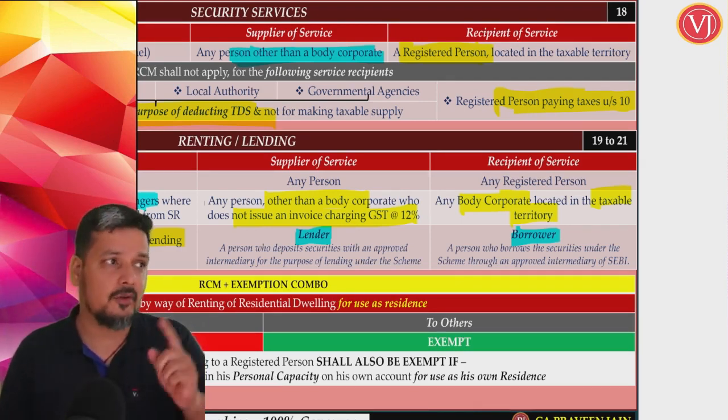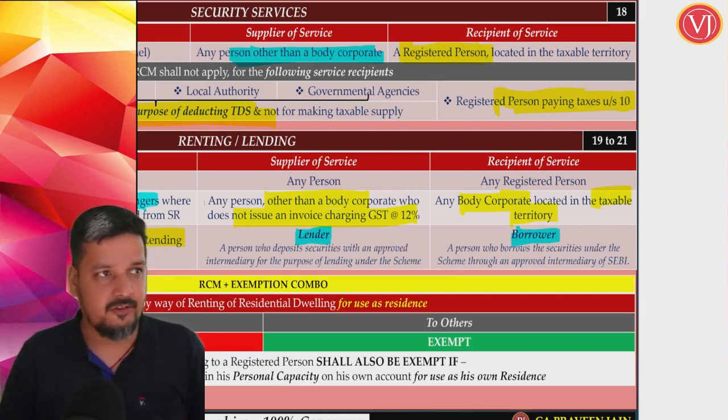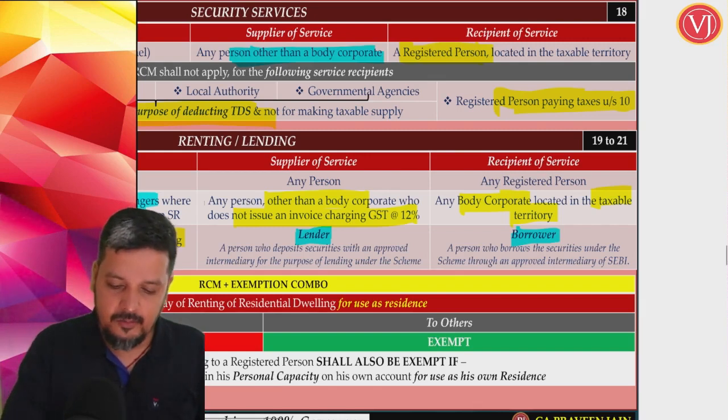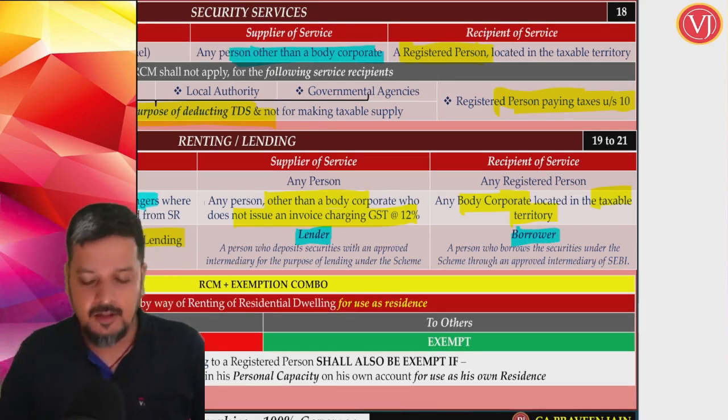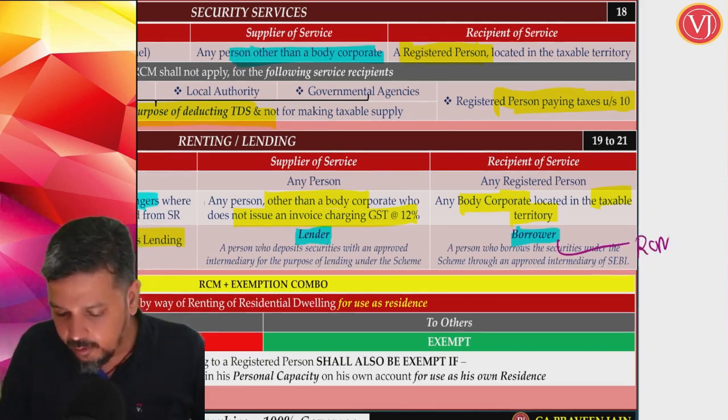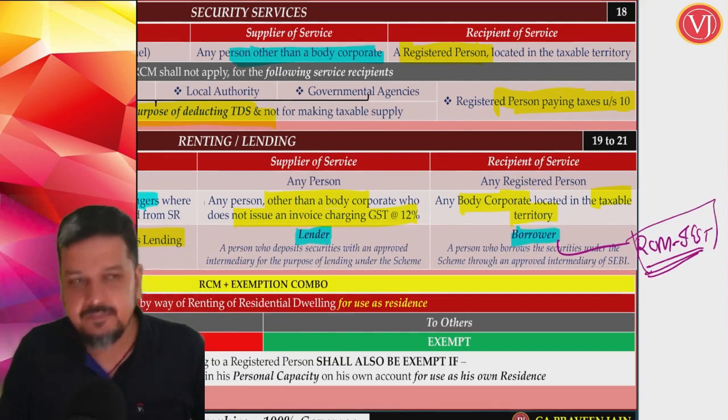And it is all happening through the stock exchange, regulated by SEBI. Now it is covered under RCM. This is the only case where it is always RCM, where there is no question of FCM. And this always RCM will always be